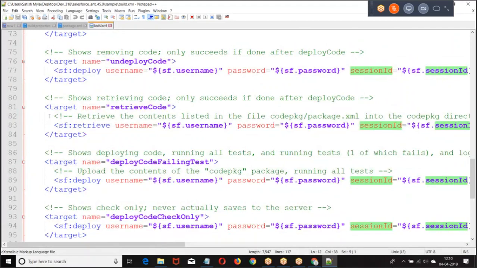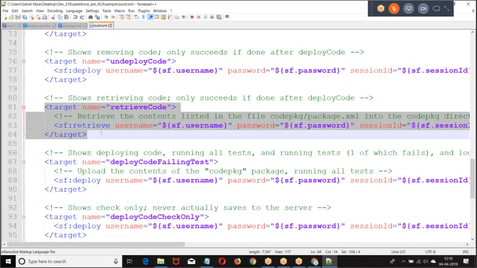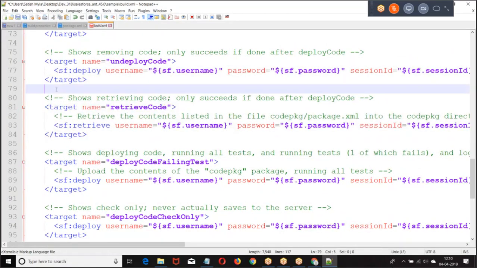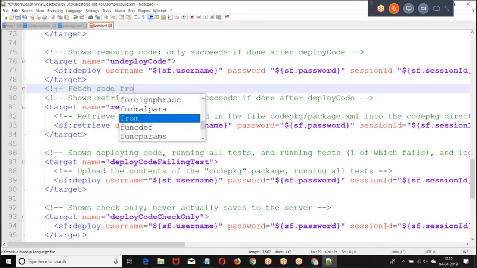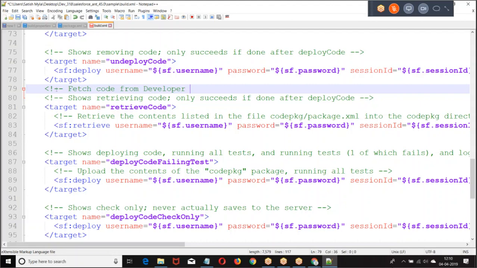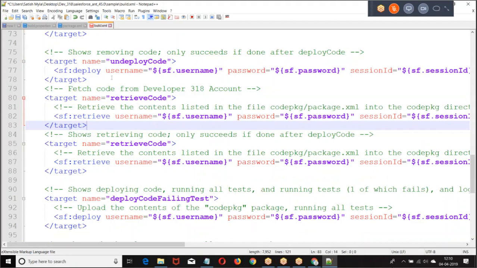What is my functionality? Retrieve code. Right. Retrieve code.